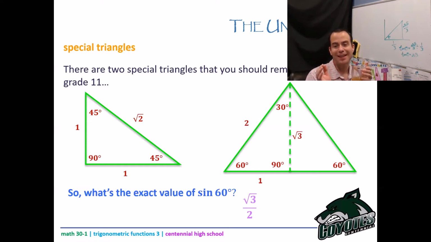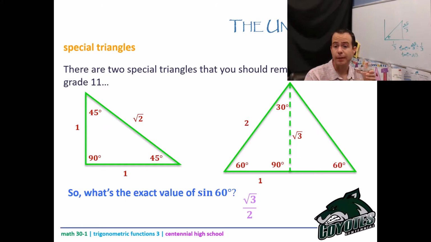So that's important though. This whole root 3 over 2 is sine of 60 because when you put sine of 60 in your calculator, you get 0.8660. That's a rounded value. It's not an exact value. And you guys know by now, being in 30-1, an exact value is so much more powerful than some rounded decimal, okay? And so this allows us to get a whole schwack of trigonometric functions, ratios in exact value,